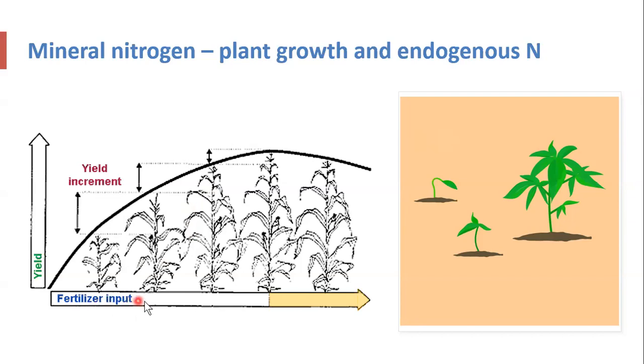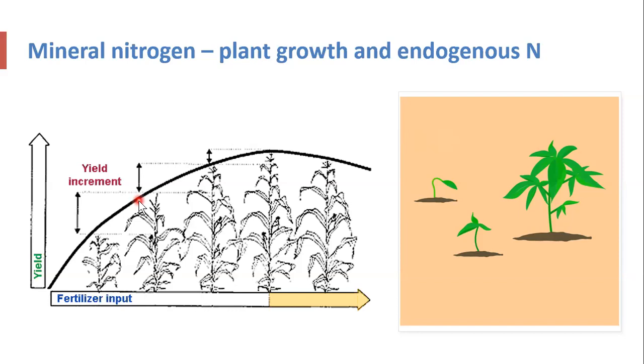So as you increase the nitrogen fertilizer, the vegetative growth is increased up to a certain level. But then if you add more, the vegetative growth will decrease. It means the nitrogen may have some toxic effects as well if it's supplied in higher amounts. Higher amounts mean more than the optimum. So with every step we should also have a yield increment. If you are adding a certain amount of fertilizer, there should be an economic yield increment for that.